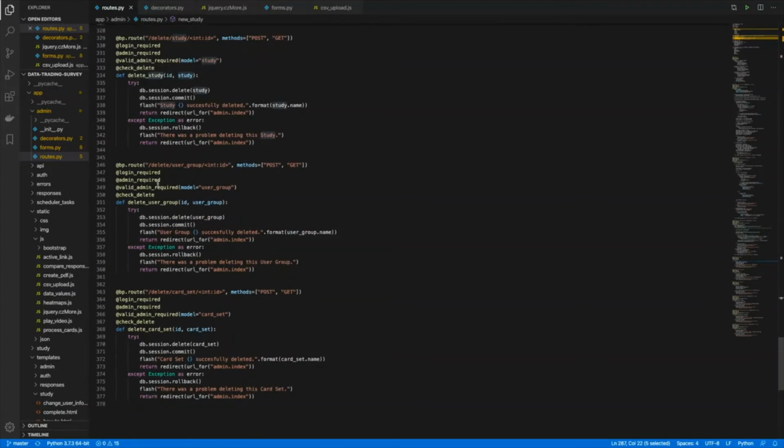Similarly, the delete methods within the module deleted each of the study, user group, and card set, removing them from the database entirely.